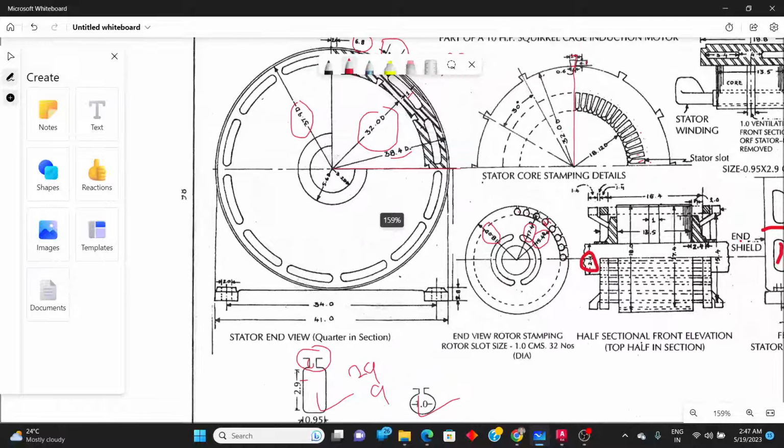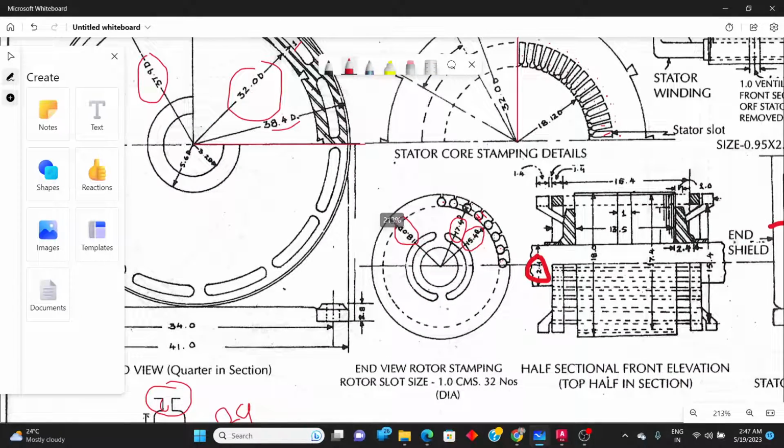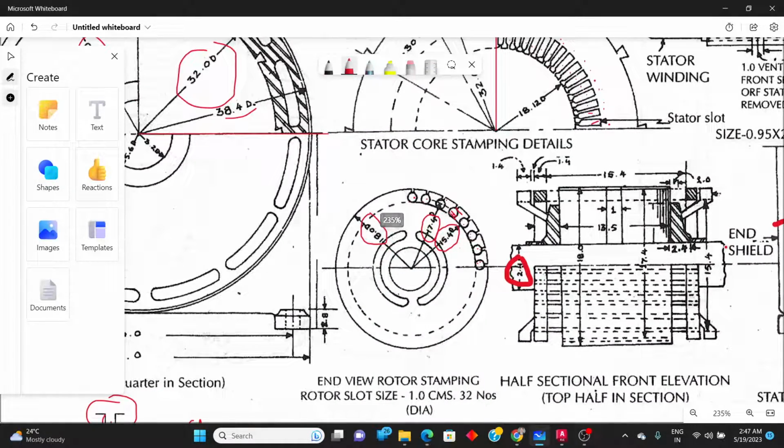So we'll try to draw this line. 2.4 from this part and 2.0.24 from here to here, and